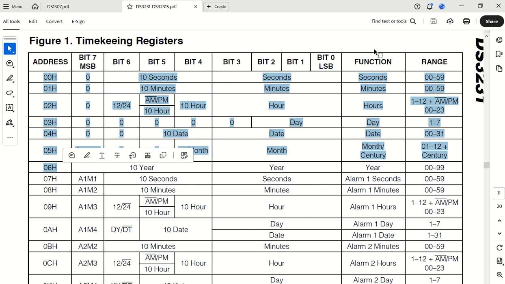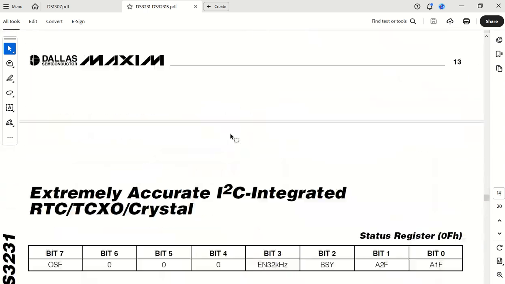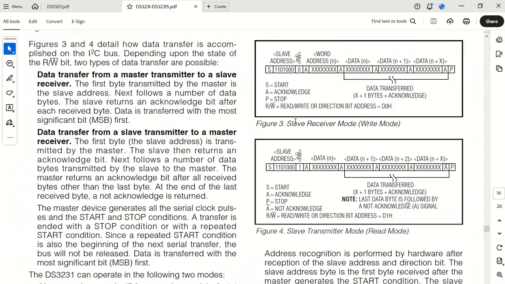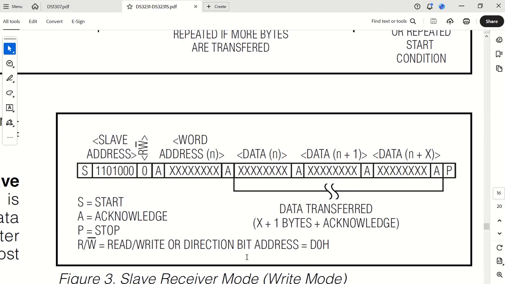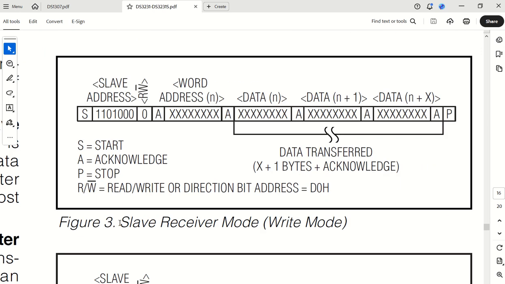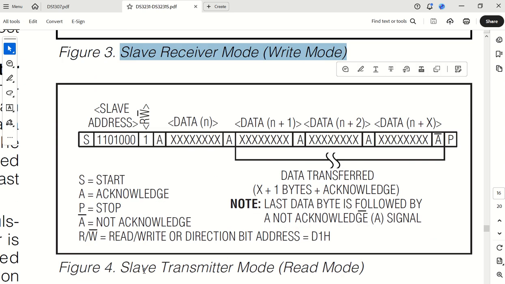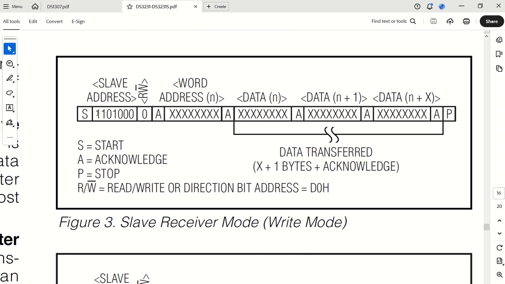So this is sort of the background. Maybe I need to just add a small section here. If you look here on the right hand side, as before, there's a certain write mode and there's a certain read mode, of course. The slave is transmitting, which is a read mode. But if you look at this one here, that's a D0. So it's exactly the same as the 1307.